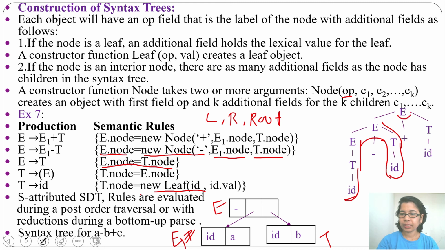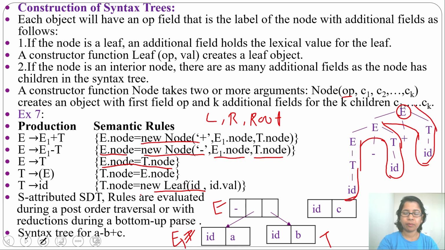Now for this E, we have visited all its left children. Now we'll visit its right child. T has some child, so we'll first visit its child. Then from ID we'll traverse to T. The semantic rule is we'll create a leaf node for this. We'll create ID with C as the lexical value. Next we'll visit its parent. What is the semantic rule for this?